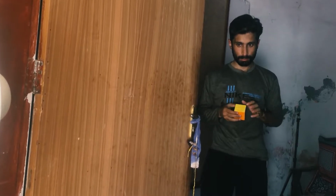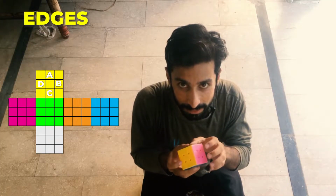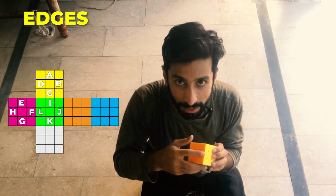Oh my god, that's so many things I need to memorize. So after a few minutes of alphabet memorization practice, here is my test. Okay, so my alphabet memorization test for cube pieces. Starting from top: A, B, C, D, left E, F, G, H, front I, J, K, L, right M, N,